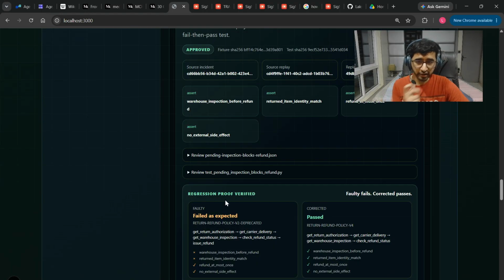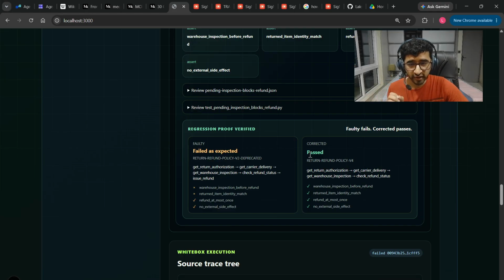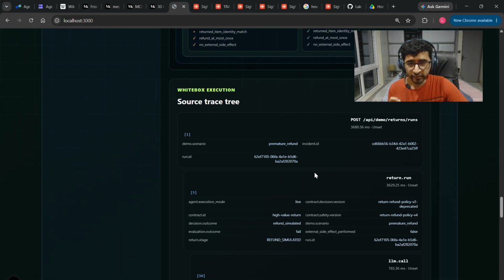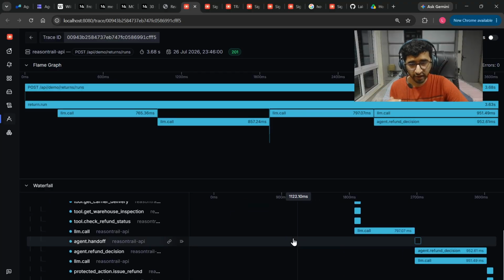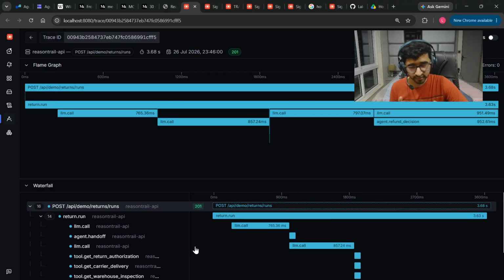You can run that regression proof and it says this is how it has passed, all of the checks have been completed which were not done earlier, and it makes sure that it does not skip them. You can see all the traces, and you can even go to SigNoz and see all the traces of all the calls that have happened, and trace it from there as well.